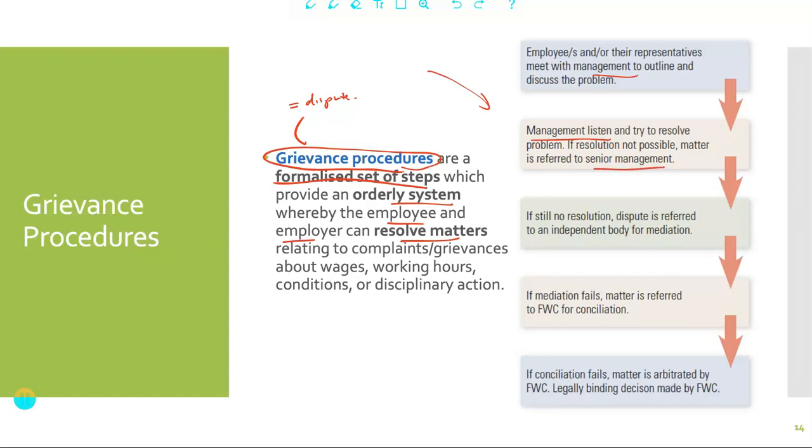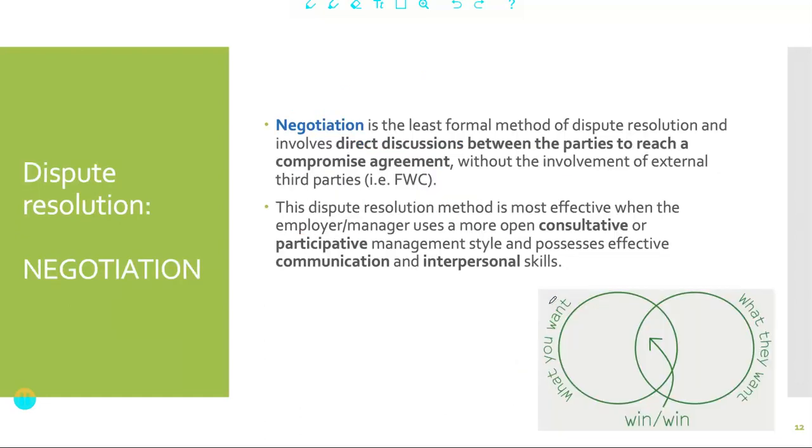And if this no longer is able to be resolved, then we will start to flow through to the options like negotiation, mediation, conciliation, and arbitration. So finally, what do we mean by these methods? Negotiation is the least formal method, and it is an internal one. This involves direct discussions between the parties to reach a compromise or agreement, and it doesn't involve the Fair Work